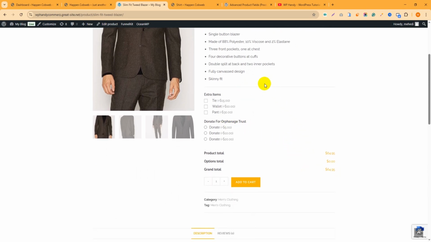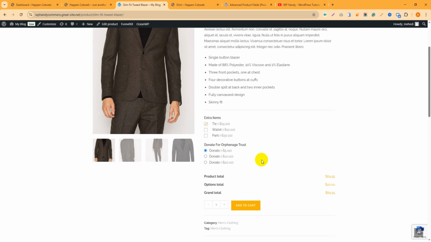If I check this box, like tie, then you will see the price has been changed. Then again if I select this radio button, the price will change again. Okay, let's check it. Just check this box, tie, and you can see the price has been changed. Then if I select this radio button, the price changes again. So in this tutorial I will show you how you can add this type of extra option or product add-on